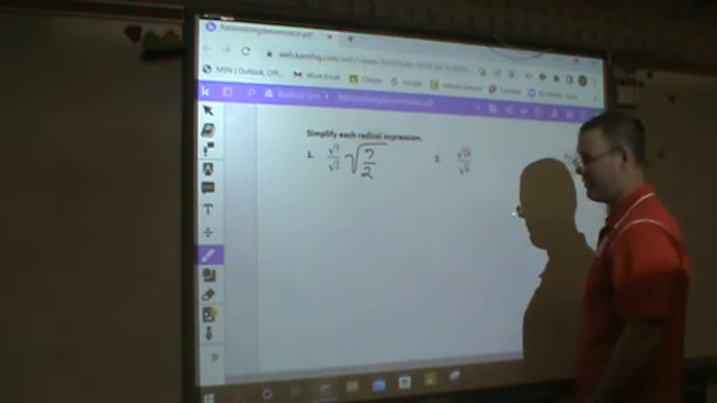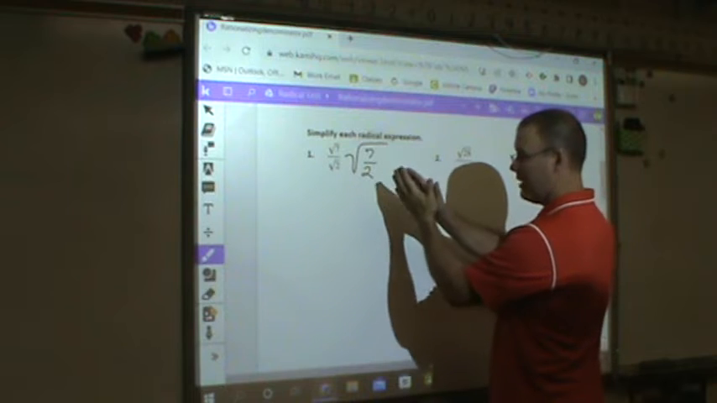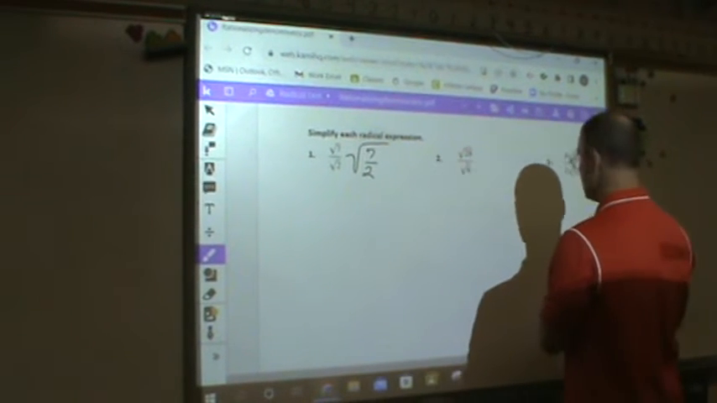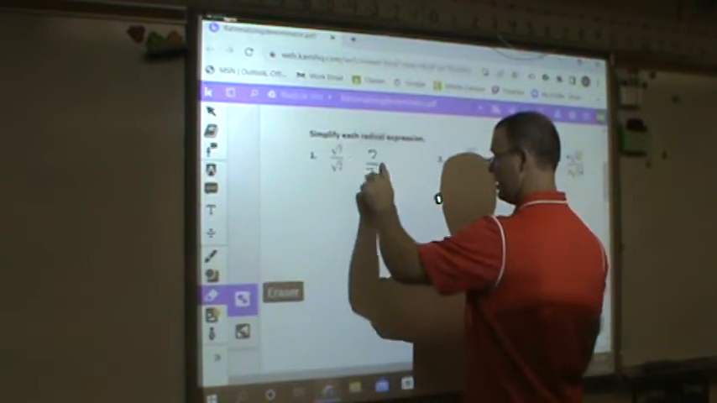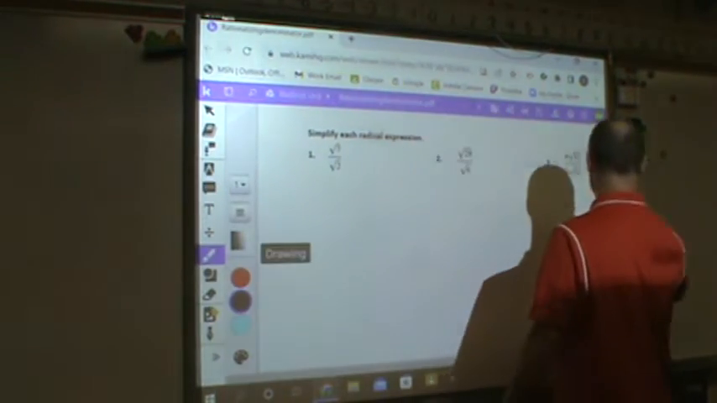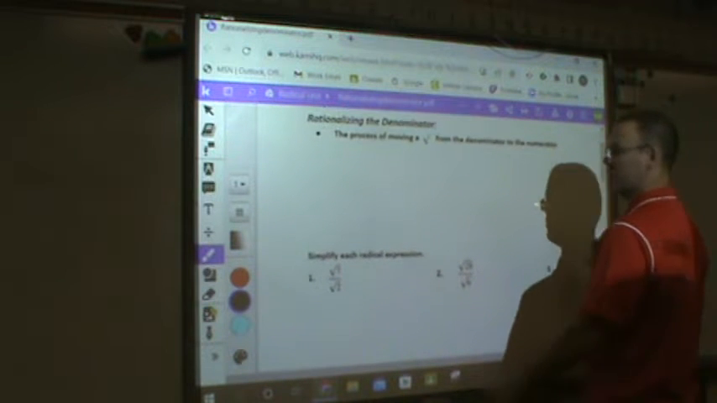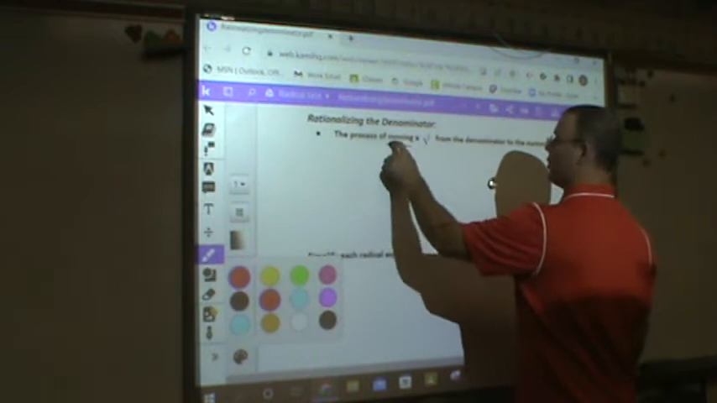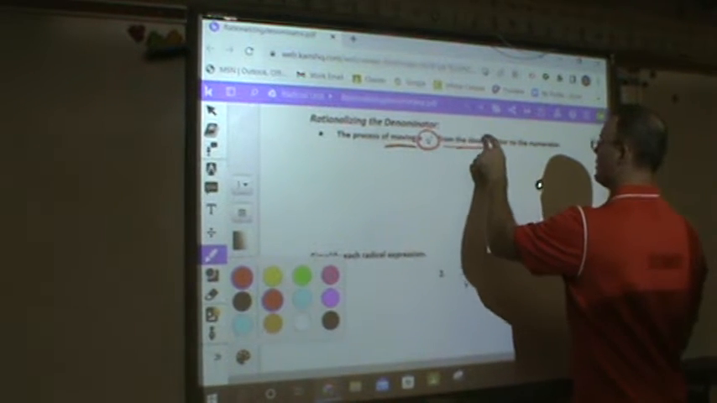2 won't go into 7. So we can't use the process of dividing it as a fraction, so we have to do something else to get rid of this radical from the denominator. So what do we do? Well, it's pretty easy. The process of rationalizing the denominator is the process of moving a radical from the denominator